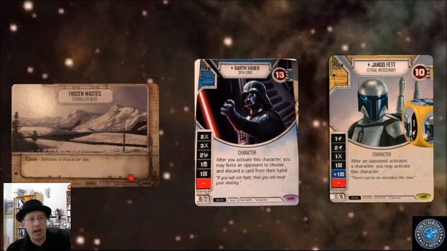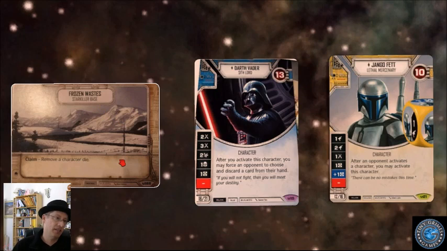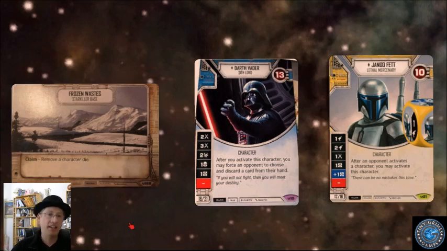Perhaps my favorite battlefield is the Frozen Waste. It says claim, remove a character die. I love this battlefield in one of two types of decks. In a control deck, I love the battlefield because if my goal is to go long and either set up a situation where in the late game I'm playing giant cards like AT-STs and blowing people out, or if I'm going for more of a mill strategy, either way I need my characters to live late into the game. And if I'm going to do that, being able to pull off a character die can be incredibly useful and